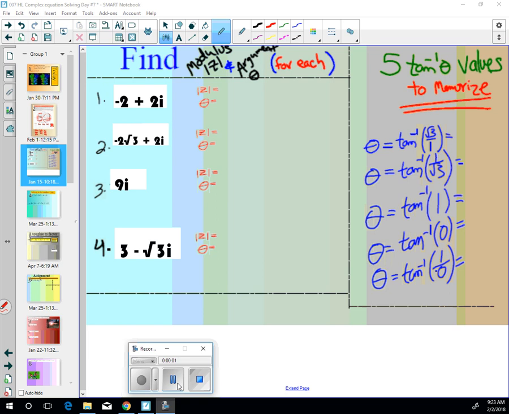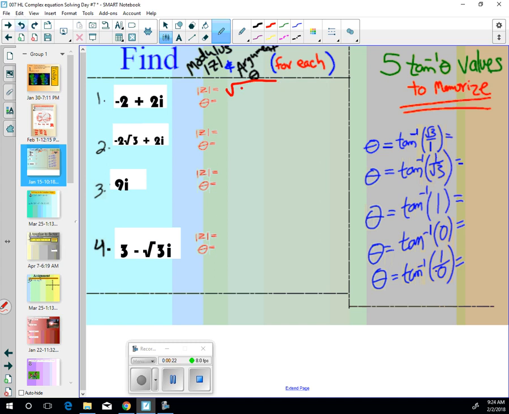Key set of skills for all of the DeMoivre, finding roots and all these. You've got to be able to change these rectangulars into your cis form. So this one is the square root of x squared plus y squared, which is the same as, in this